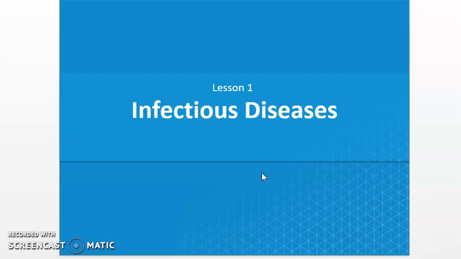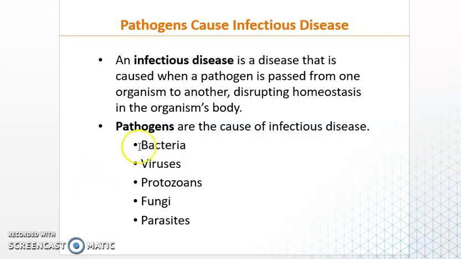Today we'll complete our lesson about infectious diseases. Last time we started to define infectious diseases, and we said infectious diseases are diseases caused by pathogens and they can pass from one person to another. And we said the pathogens can be bacteria, viruses, protozoa, fungi, and parasites. We took one example to explain it, and our example was the corona disease, which is caused by the COVID-19 virus. It's a very important example to talk about, especially when we are suffering from this virus these days.